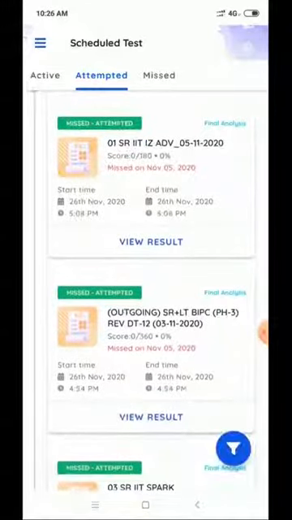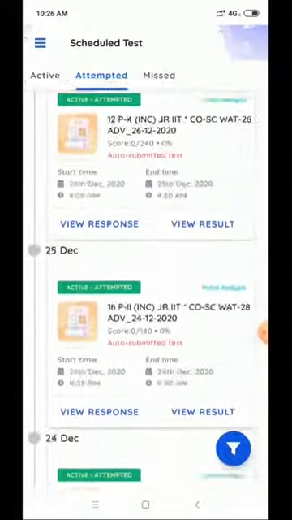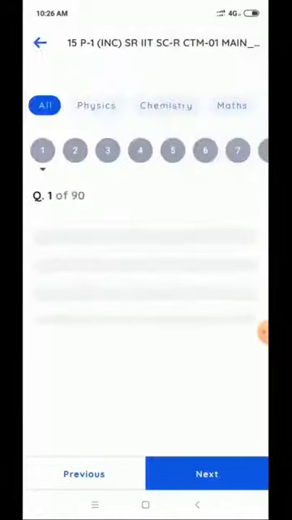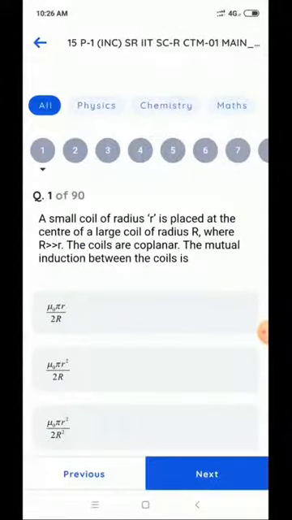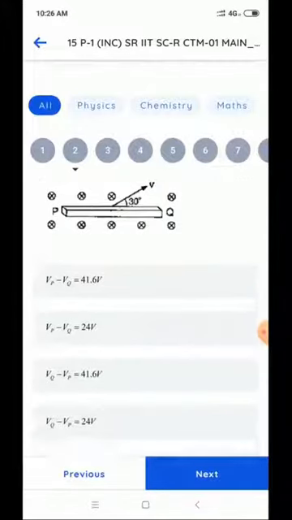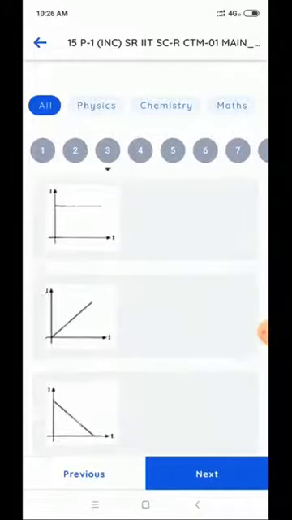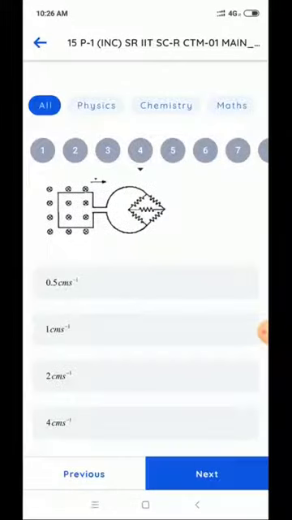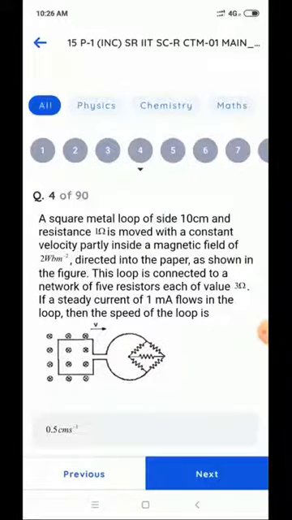Here, missed attempted. So all must take the active attempted test. When you click on view response, within a few seconds the response will get downloaded. You can see what answers you have selected for each question, and it will show you marked.